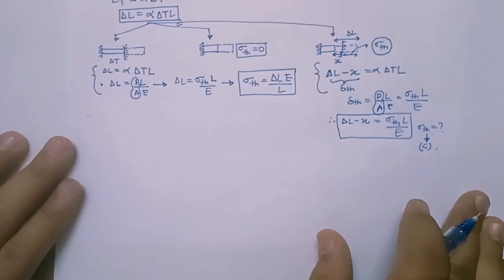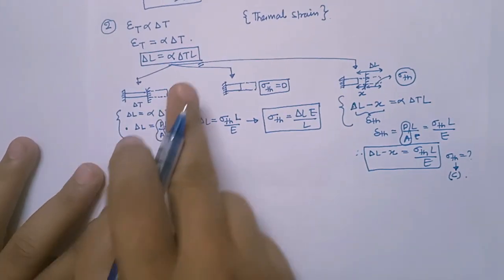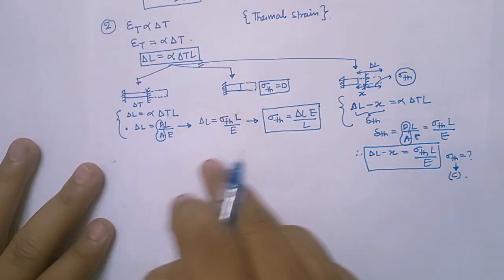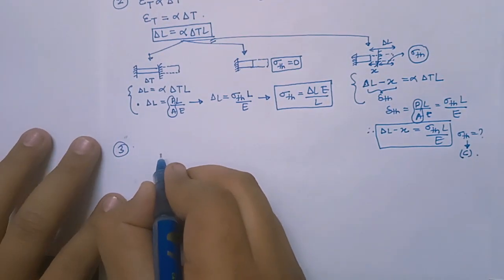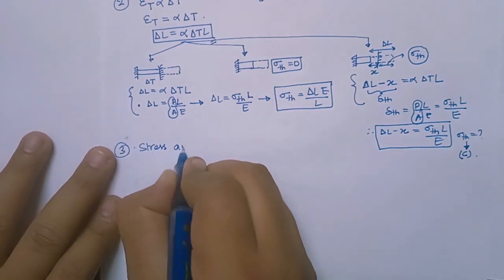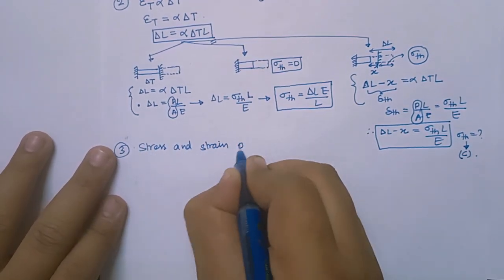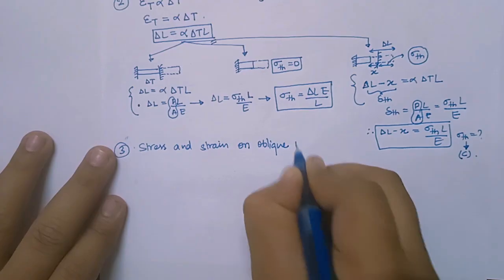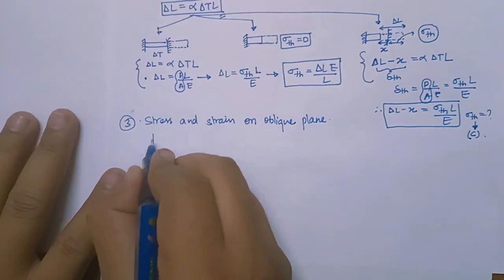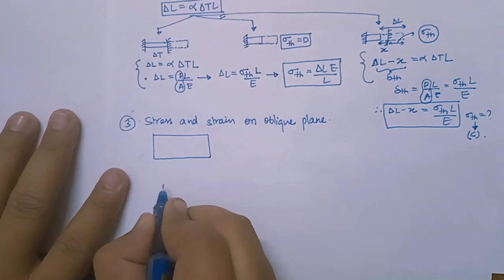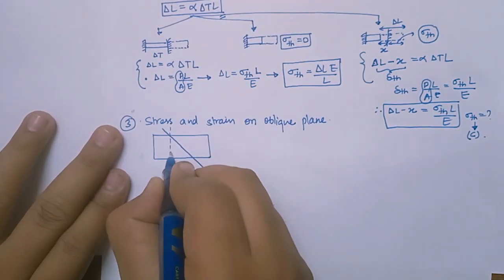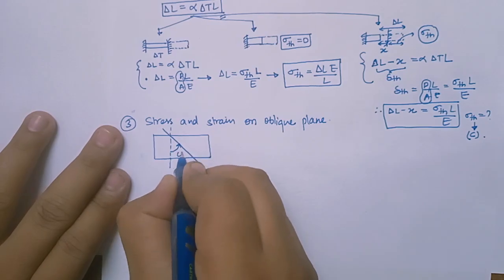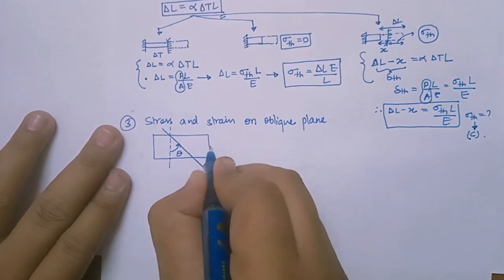Now let us move further. So this was all about strain, stress and strain due to temperature. Now next, third part. Now I'll calculate stress and strain on oblique plane, right? Oblique plane means if I'm considering a body, and let us consider an oblique plane. This is an oblique plane, and from this direction I'm taking anti-clockwise theta, and here the body is having sigma